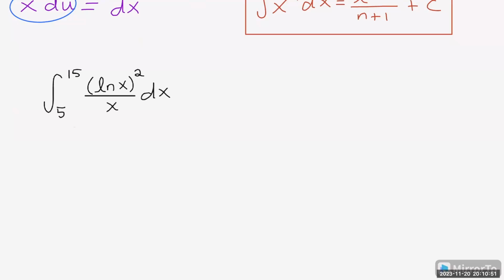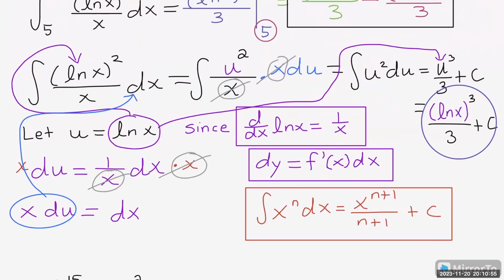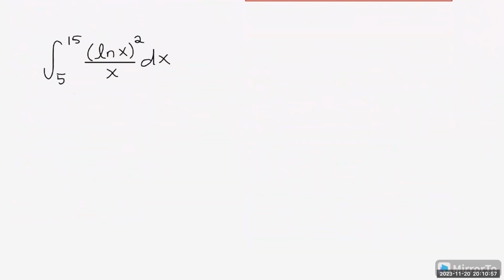Now, you can go through the same process where you let u be natural log of x, right? And then from there, finding du. Oh, by the way, let me just say before I do that: once you determine what your u is going to be, like what I just did, then one thing that you can do